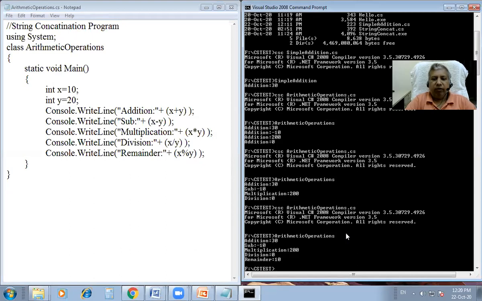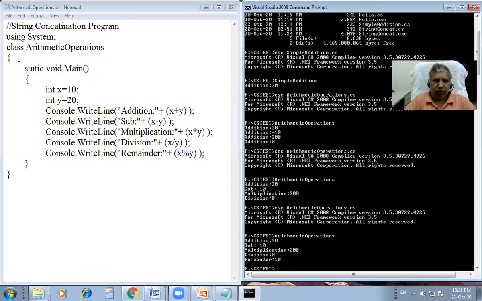See, so remainder is 10 as it is. Okay, now this is a simple demonstration of how you can use different binary arithmetic operators in the program.